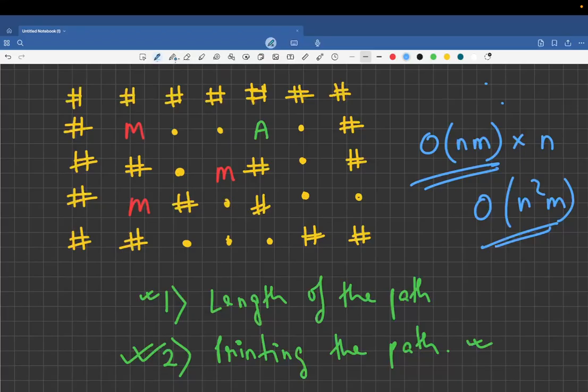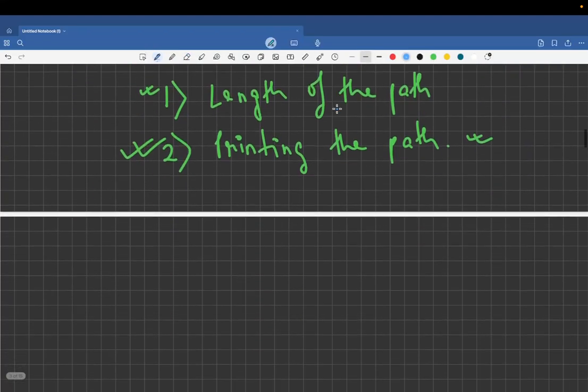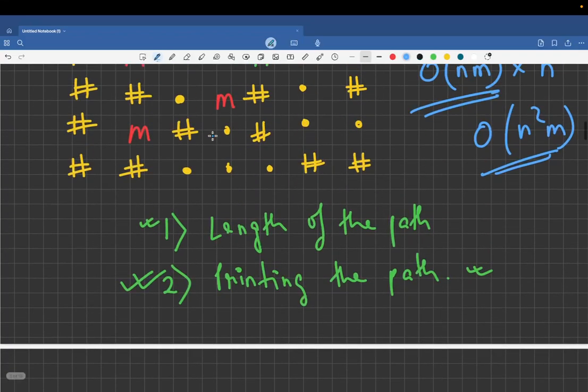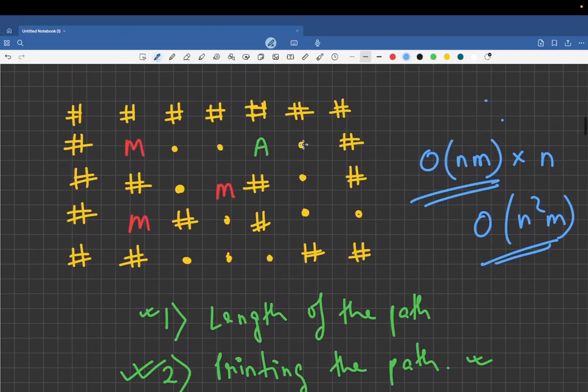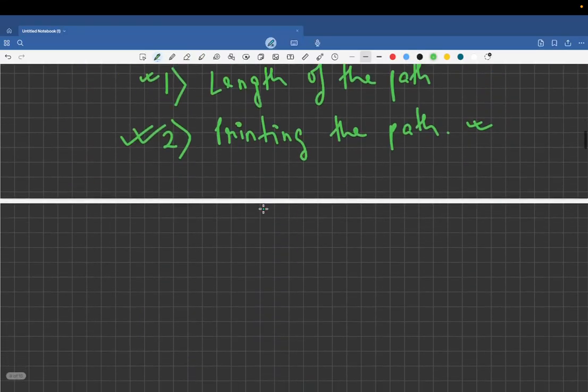Then how do we actually do the BFS? This is the point where it does not matter to a particular cell which particular monster is coming, but the only thing that matters is the minimum number of steps taken by any of the monsters. So in this case, what you can actually do is a multi-source BFS.